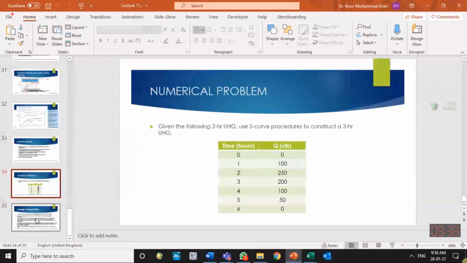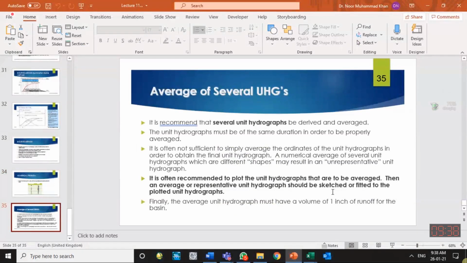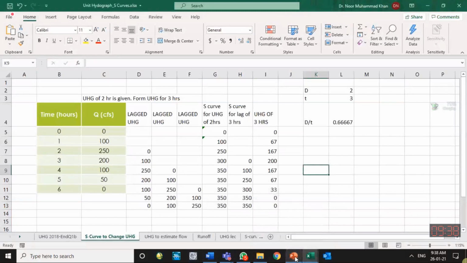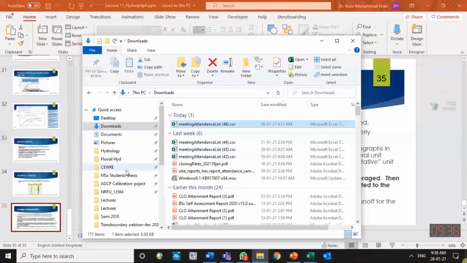So that is the end of this part, hydrographs. What we have learned is the factors affecting the hydrographs, the methods of separation of the hydrograph, how to make a unit hydrograph, and how to convert a unit hydrograph, in the previous lecture and in the current lecture. So I stop it over here, and I am starting a new part so that we can finish it in a timely manner.